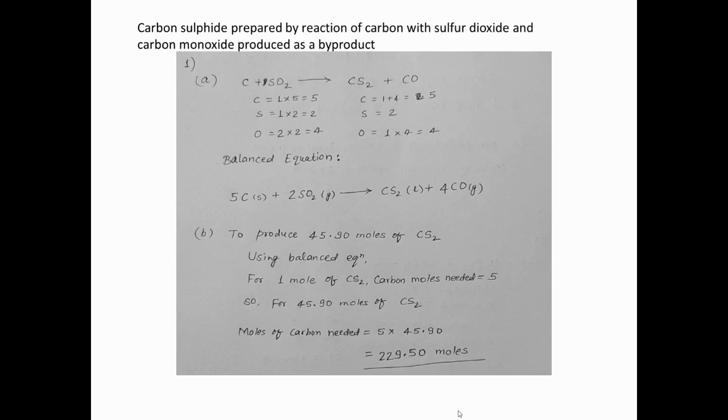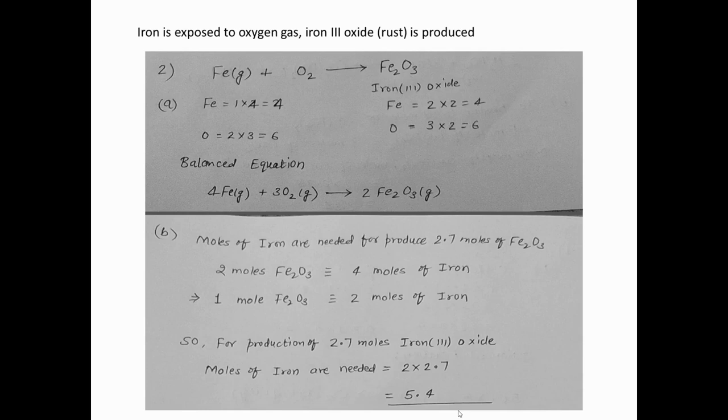Then the question is, to produce 45.9 moles of carbon disulfide, how many moles of carbon are needed? As we see in the balanced equation, for 1 mole of carbon disulfide, 5 moles of carbon are needed. So 45.9 times 5 moles are required. Second, when iron is exposed to oxygen, Fe2O3 is produced as rust. First we balance the equation, and then the question is